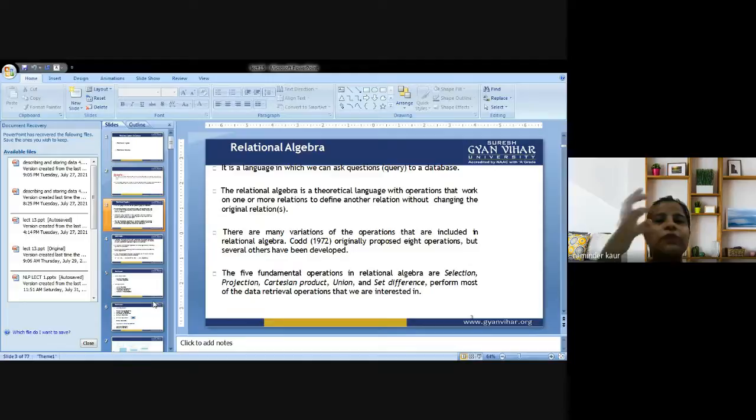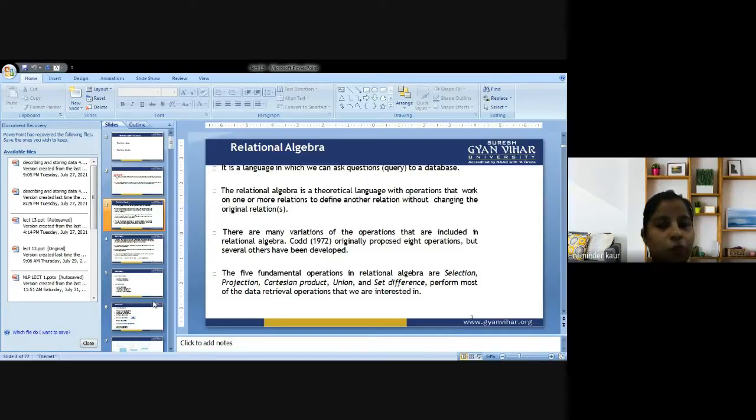Projection is applied with the help of the mathematical symbol pi. Cartesian product is performed on 2 tables. Union combines the 2 tables by eliminating duplicates. In addition, we use set difference, which is the same as the subtraction operator.